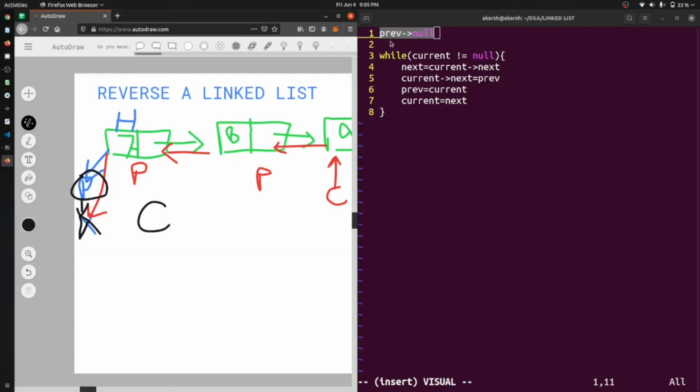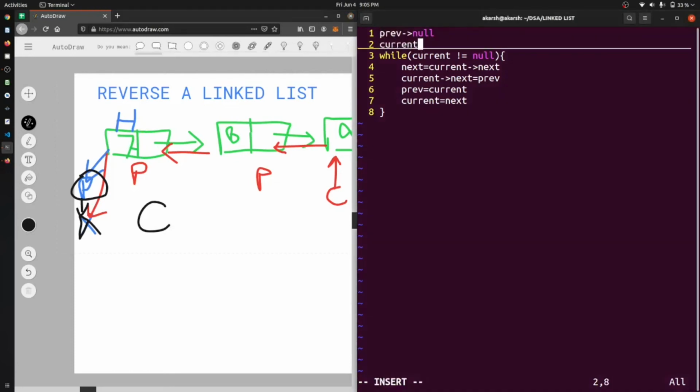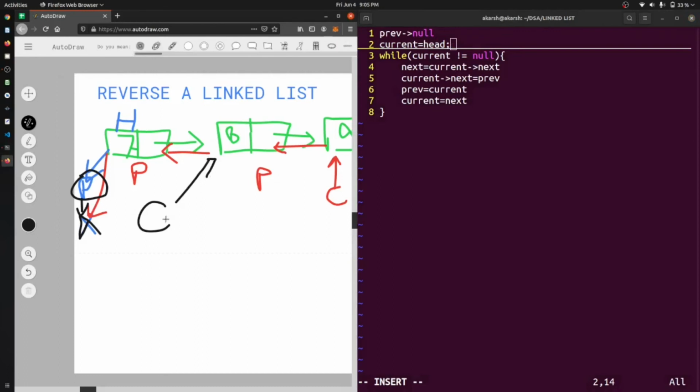Okay, so current is equal to head, and now what we are saying is current dot next. So this is the current, and the next value of this will be this 8. Okay, so current dot next becomes the next. So this is pointing to this point, and now current dot next will become previous.